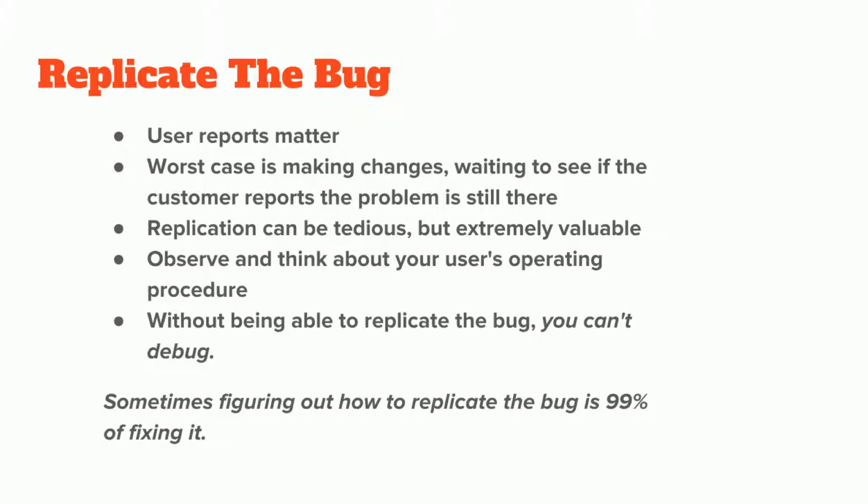And often 99% of the work is just figuring out how to replicate it. Like once they can make it happen every time, people like Earl said, oh, just the fact of how you make it happen every time, it's instantly clear what's going on. Another reason why performance and load-based bugs have a general reputation for being hard is that most developers don't know or don't have all the resources available to replicate them. And that's also true with cache-based bugs, because usually the sequence of events to recreate them requires filling the cache or clearing the cache in a certain way or something.